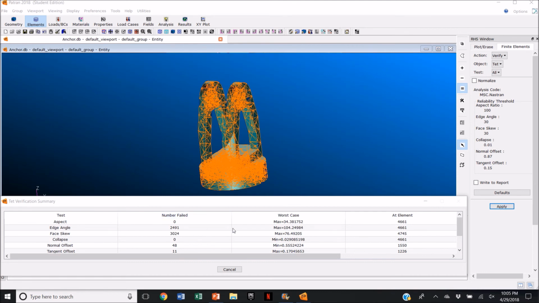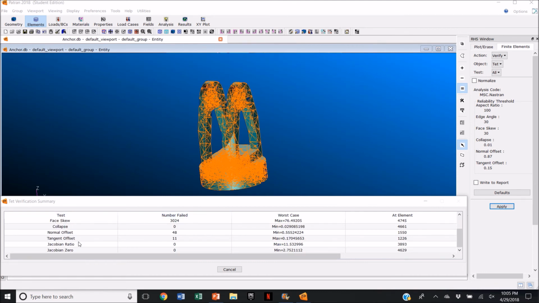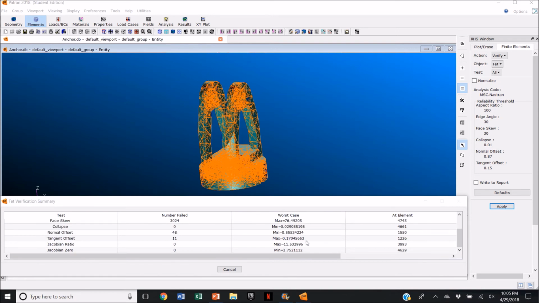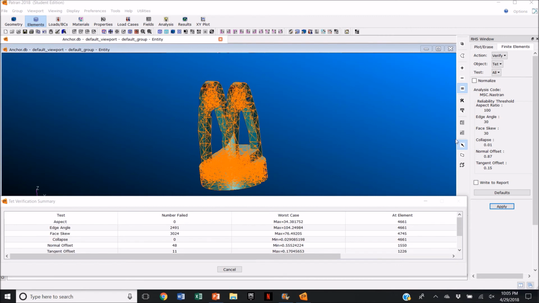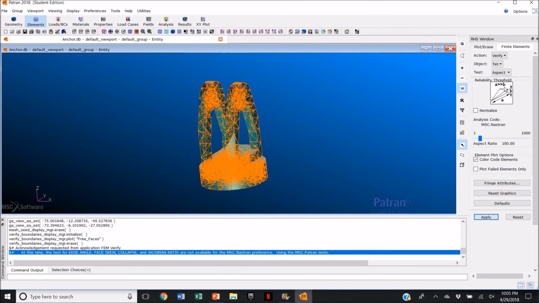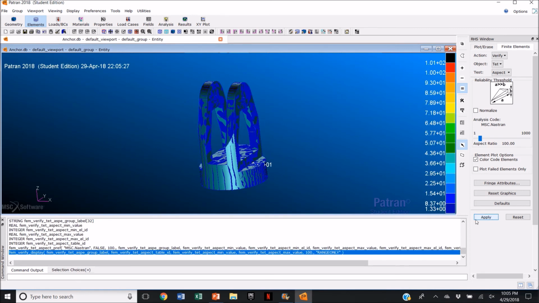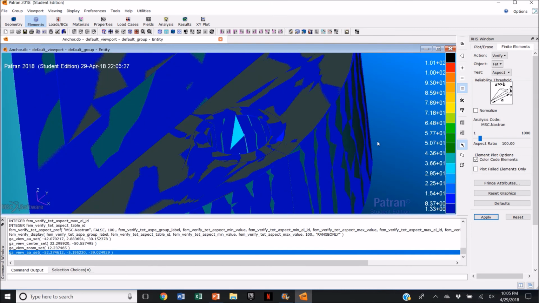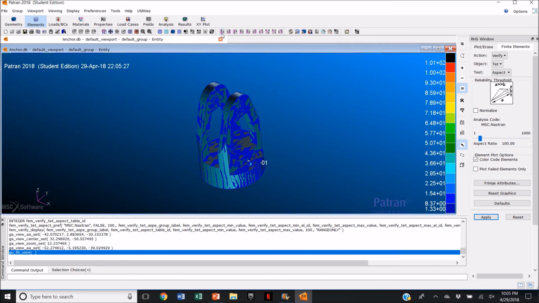As you can see, the results that it draws to us can be the test that it made, the number that failed, and the worst case that failed, and at what element is the worst case. So our next step is to verify the aspect of the TED, so we can see on colors where is the highest effort that is done in this anchor. As we can click on the view corners button, so we can zoom on